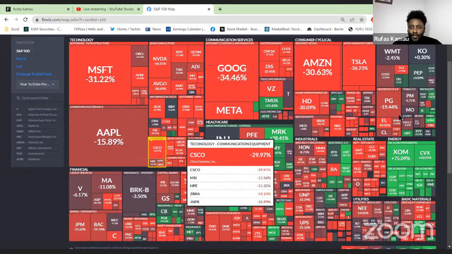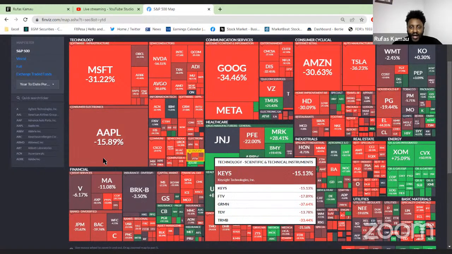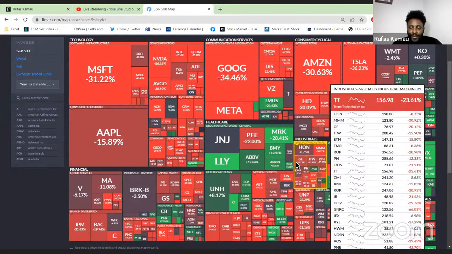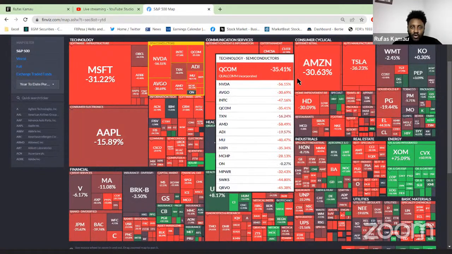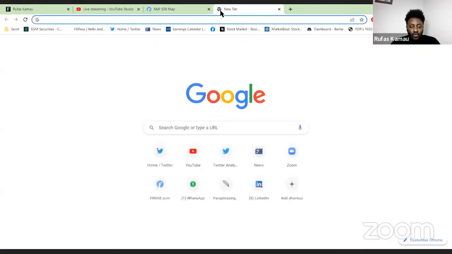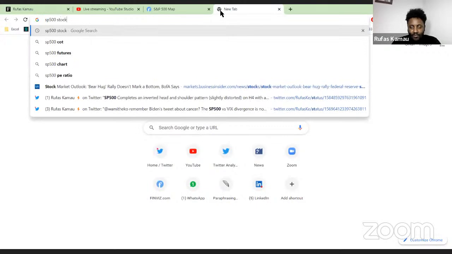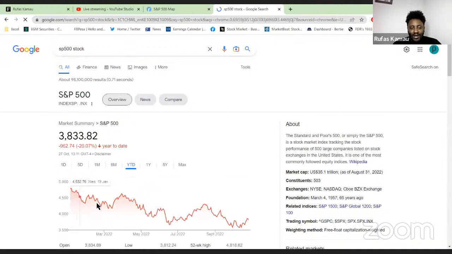So from here, you can literally tell the direction that the stock market has been taking, and clearly most of these companies have been on the negative side. So they have underperformed the market. Sometimes, instead of focusing on individual stocks, some investors will just focus on the S&P 500 itself. If you look at the performance of the S&P 500 today, it's up slightly by 0.084%. But if you look at the year-to-date performance, it has been relatively going down, a drop of about